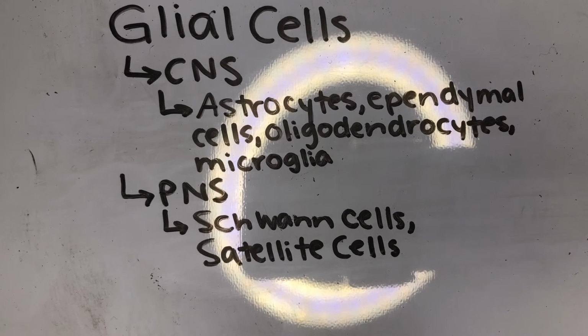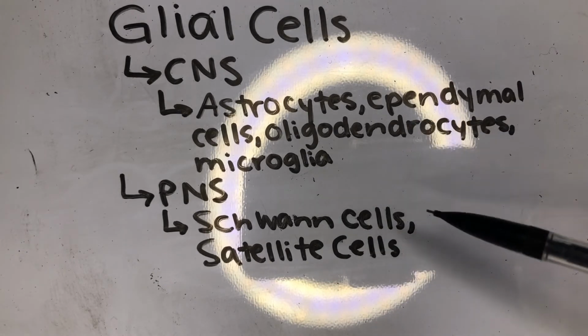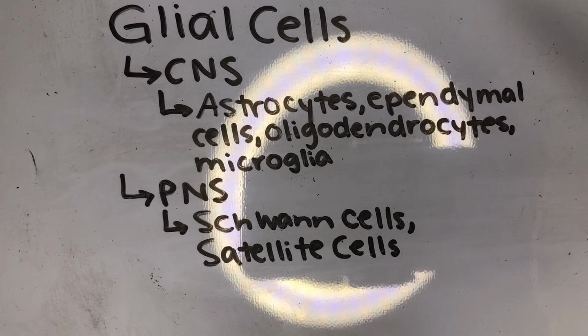Now we'll look at the functions and types of glial cells found within the PNS, or peripheral nervous system. We're going to first look at Schwann cells. This is in direct contrast to the oligodendrocytes, which are only found in the CNS, your brain. Schwann cells are in the PNS, but they're going to perform essentially the same task, which is putting out the myelin